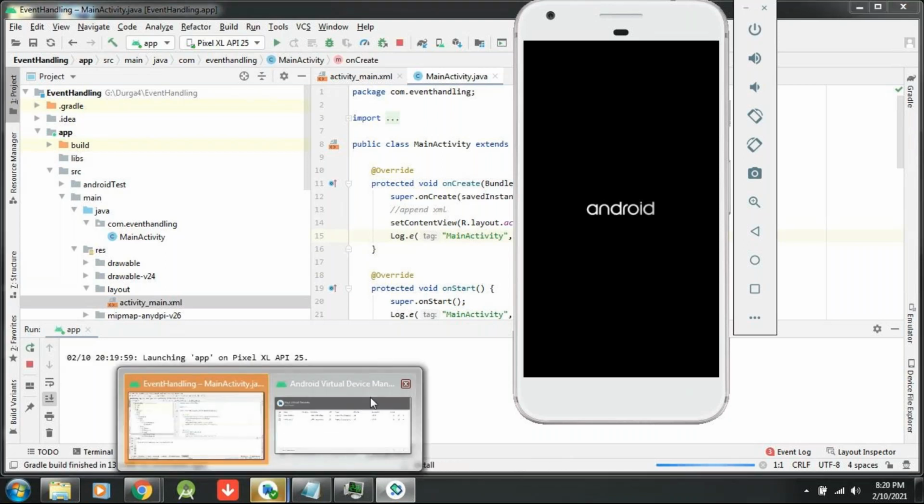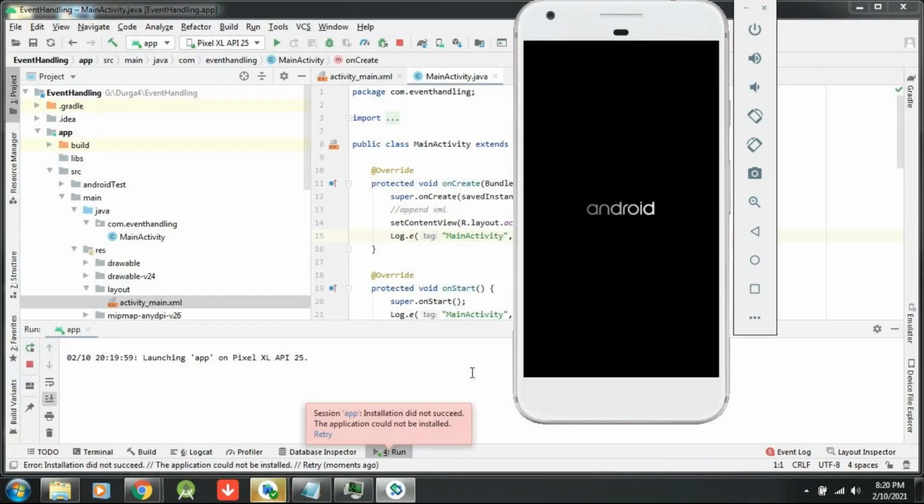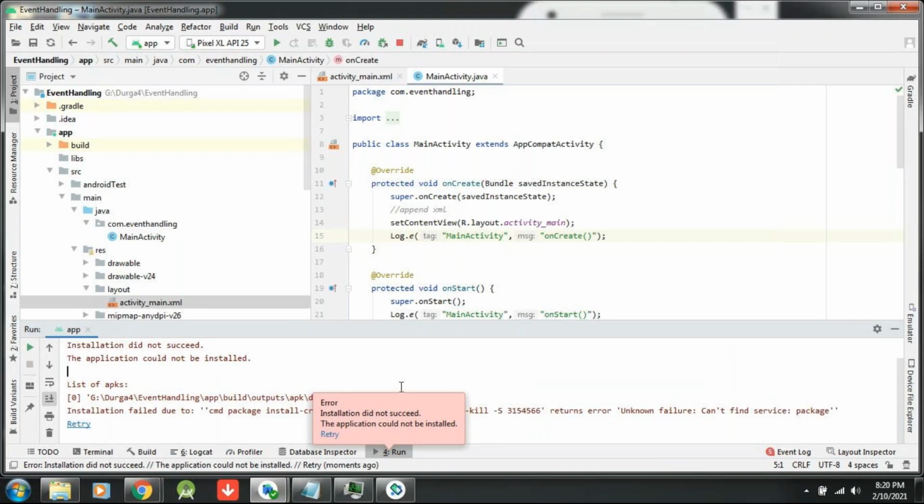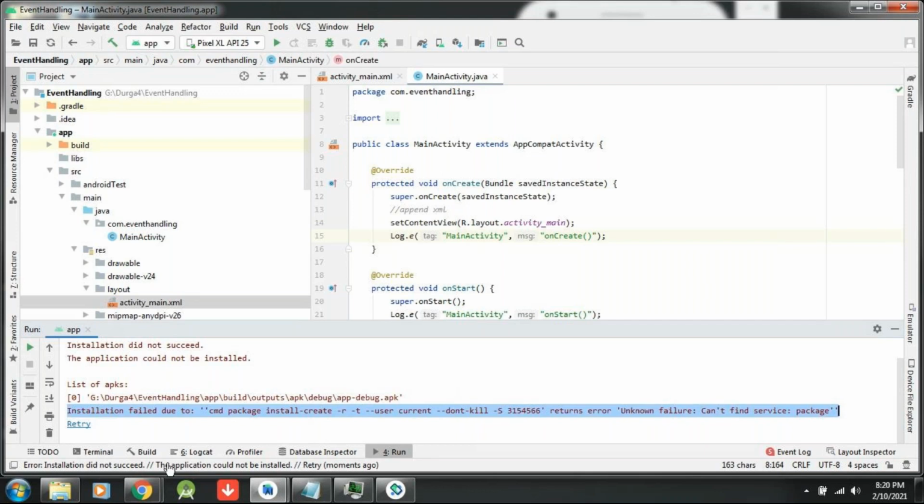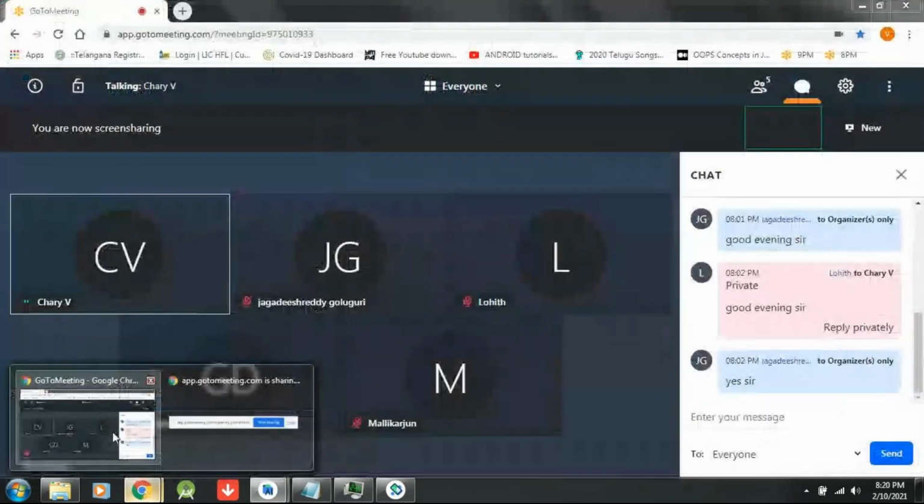That means we can't proceed further like that. The application could not be installed. Installation failed. Okay, if you got this kind of errors, try to ask Google, no problem.